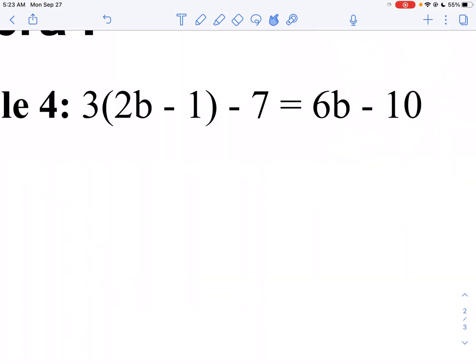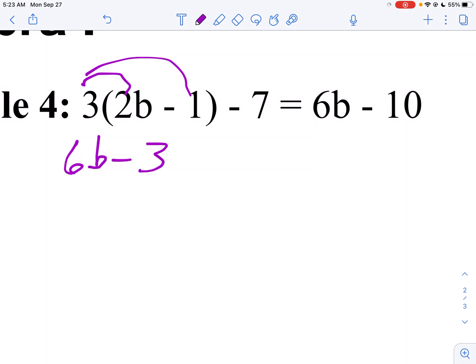Okay, keeping on with what we're doing, let's take a look at example 4. We're going to distribute the 3 inside the parentheses, so we get 6b minus 3 minus 7. Remember, when the parentheses ends, you're done distributing. But notice this time, you can combine negative 3 minus 7. So we're going to say 6b minus 10